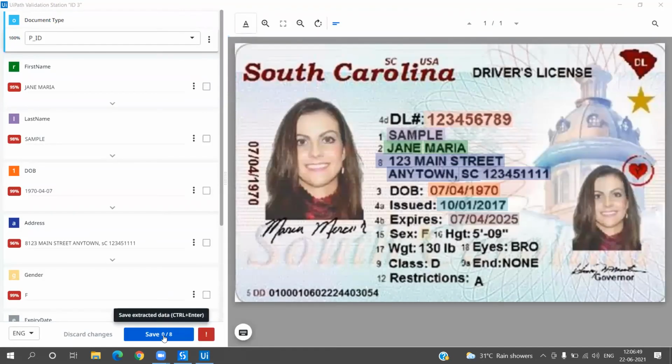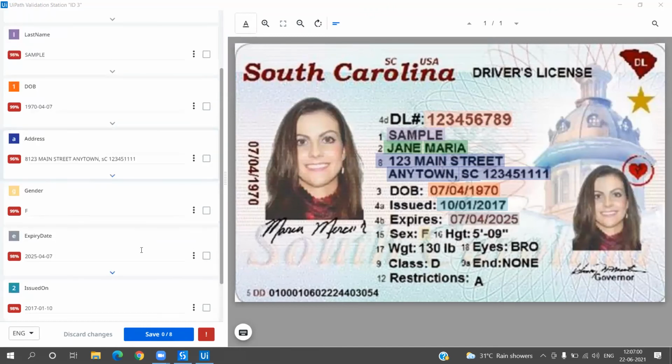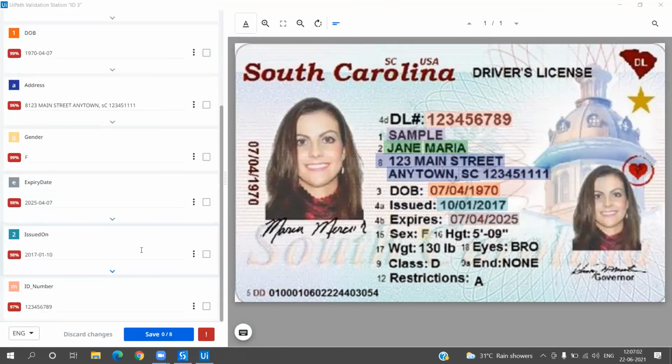If you see, all these 3 were very different IDs, and here I think we have very accurate data. Date of birth, gender, issued on, ID number, here everything is extracted. Now even if the DL changes, the ID number is still extracted, right?